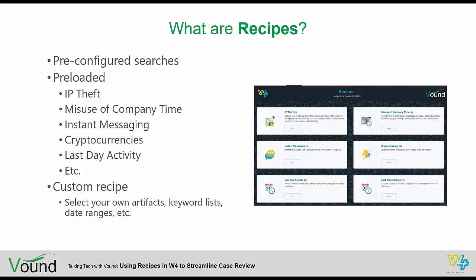If you don't think any of the preloaded recipes will work for you, you do have the option of making your own custom recipe or even editing one of the preloaded ones. You'll have the option of selecting the artifacts that you're interested in, any keyword list that may have terms related to the case type, or if you know of any specific date ranges, you will be able to add them